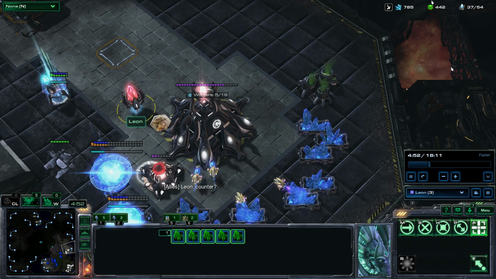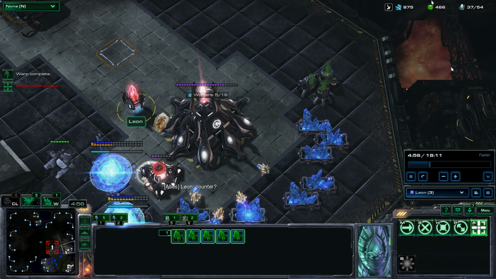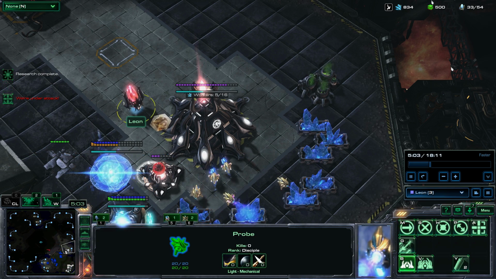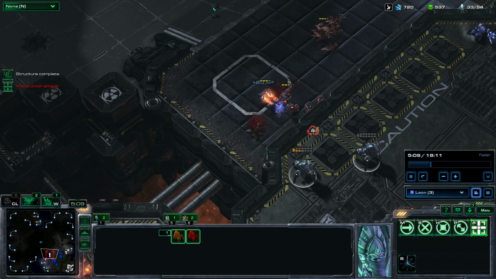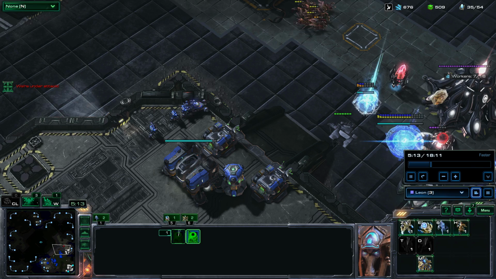At this point I'm saying let's go counter, which is great if we're just fighting Reapers. I'm trying to use my Stalkers to pick off those Reapers, but my teammate didn't come with me. Sorry, I'm not on my own camera, but my Stalkers got caught by Zerglings, and I was blinking them backwards and fighting